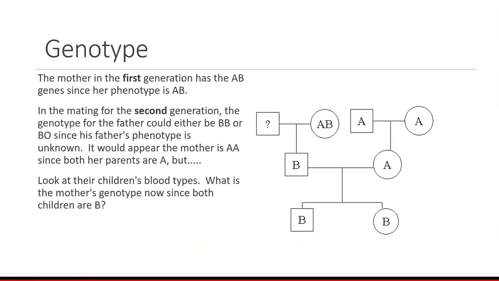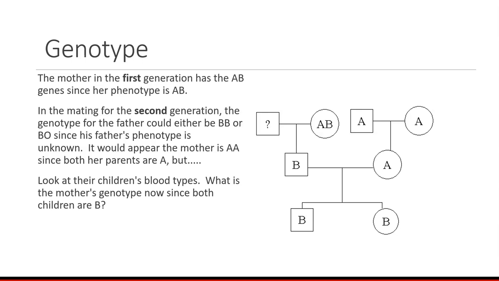I love blood group genetics. So let's look at an example of a pedigree, a family tree. The mother in the first generation has the AB gene since her phenotype is AB. In the mating for the second generation, the row below that, the genotype for the father could either be BB or BO since his father's phenotype is unknown. See the little question mark? So it would appear the mother may be